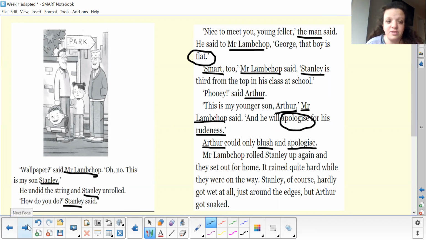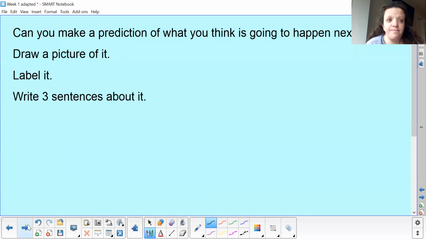Okay, well done. Right, last bit then today, challenge, okay? The bit you're going to do, and then you can send them to us at year 2 at thepalmeracademy.com. Can you make a prediction of what you think is going to happen next? First, draw a picture of it, label it and write 3 sentences about it. Remember, Arthur is feeling really cross. He's really upset. He's feeling really jealous. And Stanley's getting all the special treatment because he's flat. Have a little think, have a little write, have a little draw, and then send any of your answers to